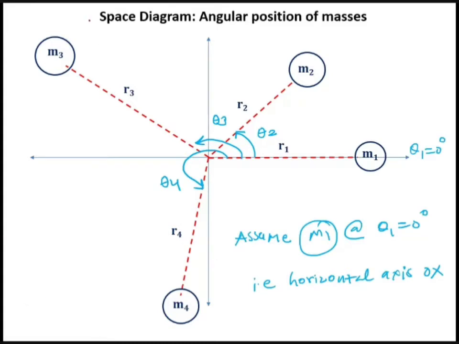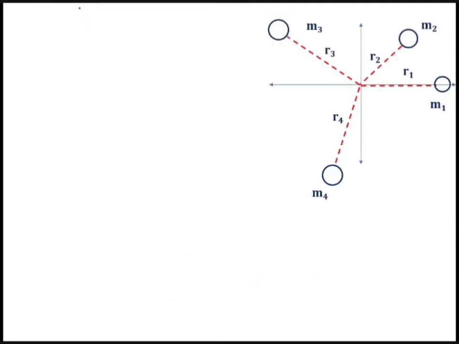So this is the second diagram, or B diagram, which you have drawn. That is a space diagram, which indicates the angular position of the masses. Is it okay? Now next. Now this is a diagram which is drawn by me. Parallel to this, you have to draw the force polygon and the couple polygon. Now which is the first diagram which you will draw? The couple polygon diagram, as I said earlier. To draw the couple polygon, first of all, you have to assume the scale. The first diagram, that is diagram number 6, is nothing but the couple polygon.